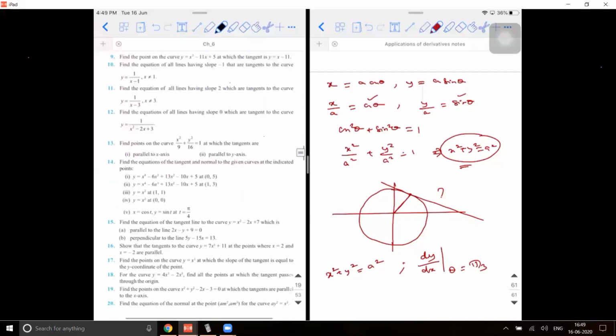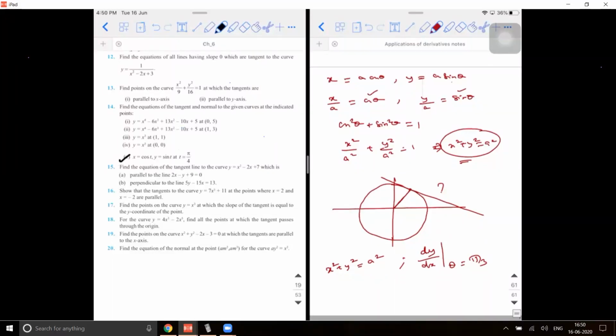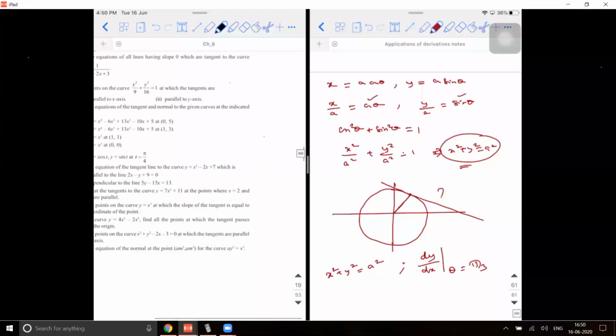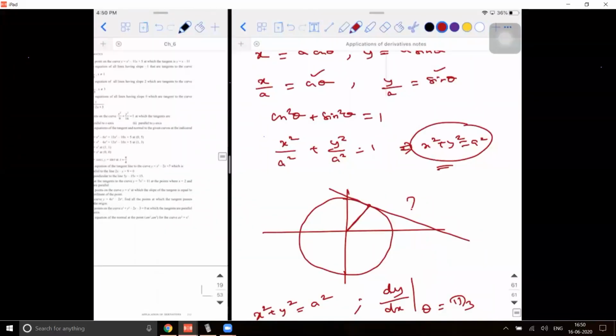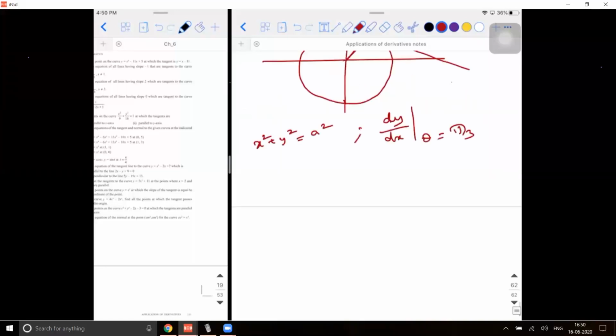In miscellaneous you will have many such questions. At that time you should have clarity. For example, this is a parametric question. So when they ask you something like this, I will teach you a shortcut for how to write the equation of a tangent in one step. This will not help you when you have numbers. It will help you when you have sin theta and cos theta, when you have the parametric coordinates.